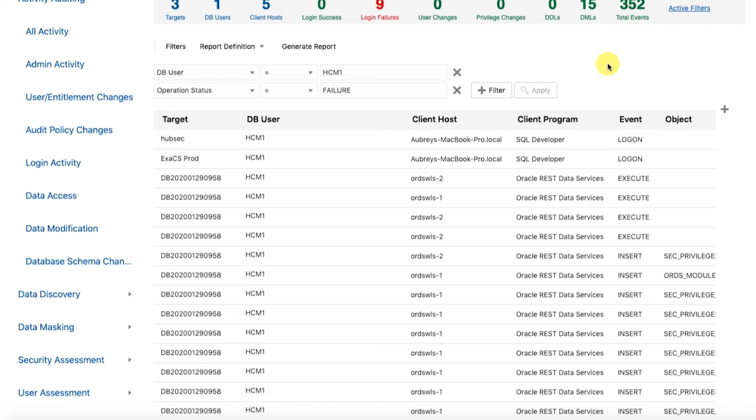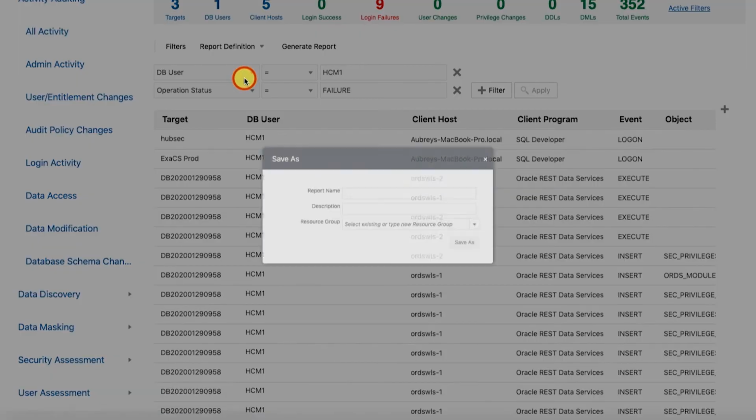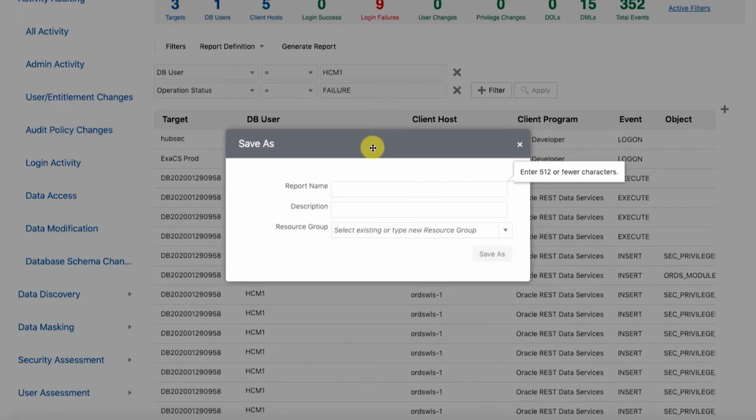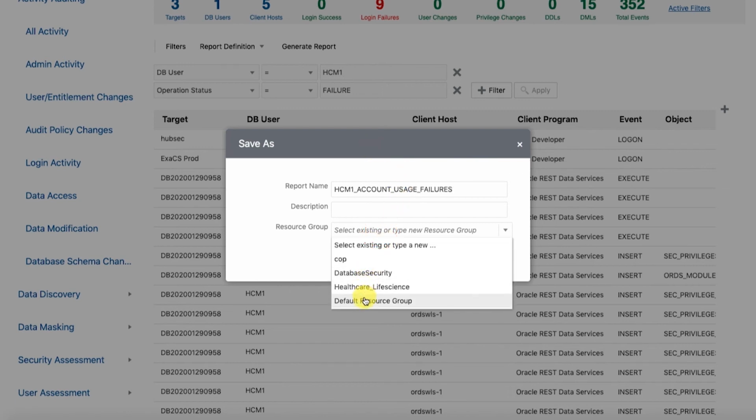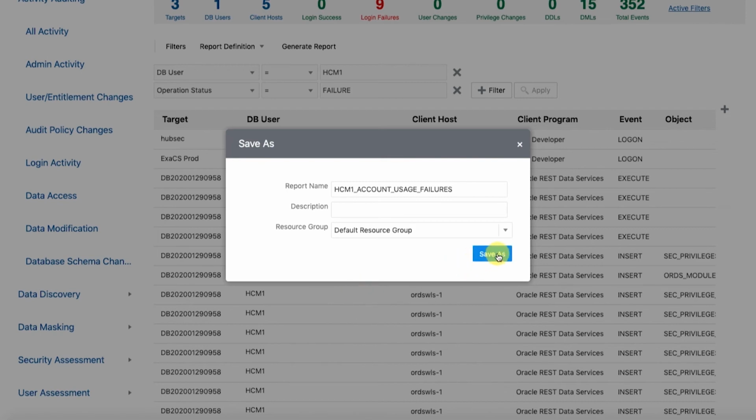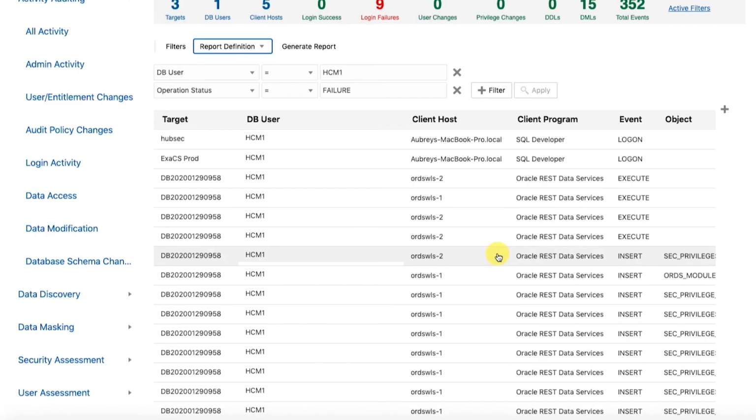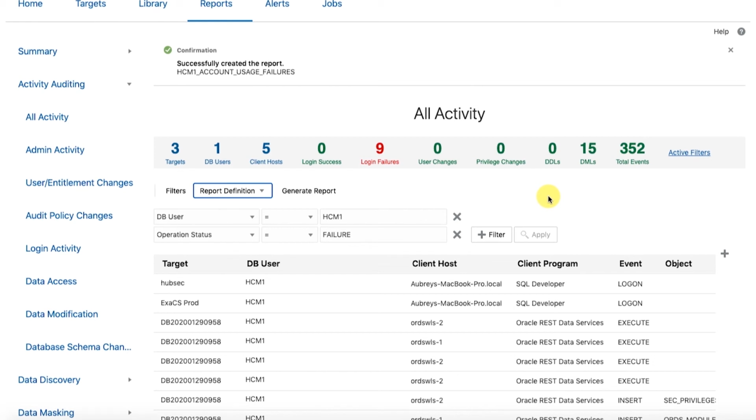When you are finished, from the Report Definition menu, we will select Save As New. The Save As dialog box will be displayed. We'll enter a report name and select our resource group. Then we'll select Save As. We will see the confirmation message across the top, confirming the creation of our report, and then we'll go ahead